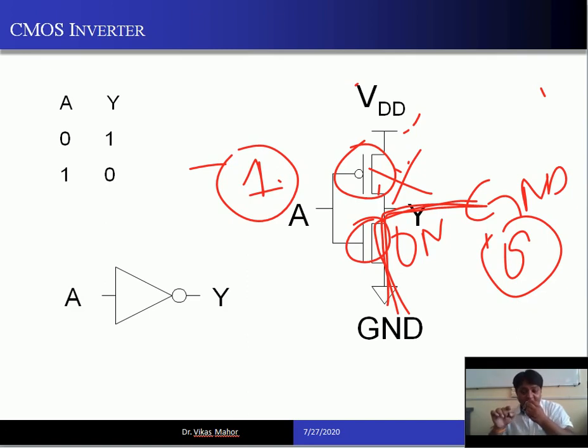What I am trying to tell you is how you can design an inverter using the PMOS and NMOS. So this was a short introduction to PMOS and NMOS. What is your homework? You can design other logic gates and analyze their operation, similar to how I have analyzed the inverter. It's homework for you people to analyze the operation of NAND gate, OR gate and other gates in the same way I have analyzed the inverter.